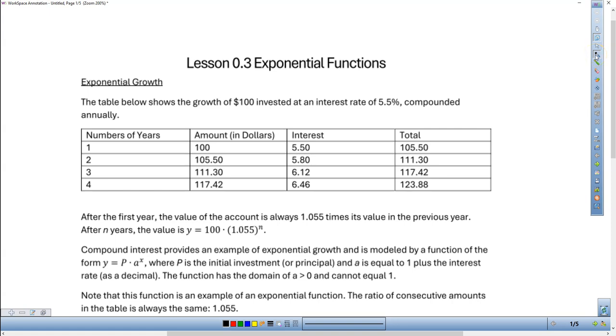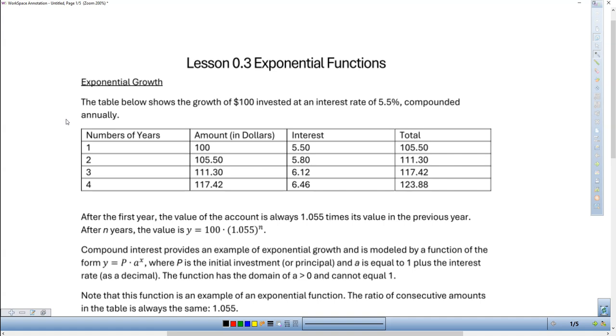And welcome back as we jump into our next review. This time we're going to look at exponential functions. Let's start off with a little bit of an example to help hone this point in. As you can see here, we have a table which is showing a growth of $100